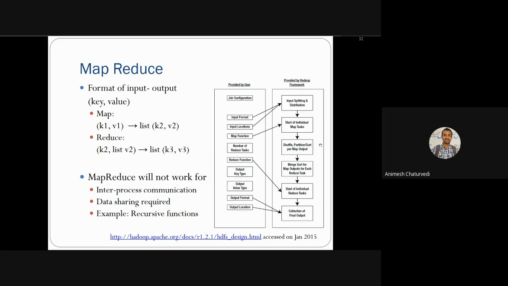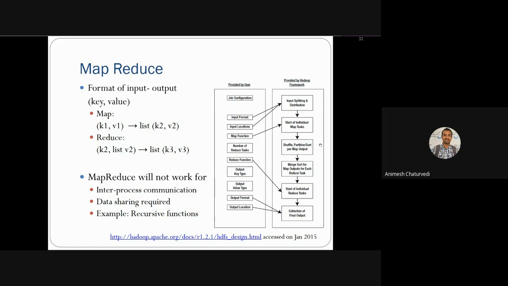Means machine 1 will process the first 10 keys, machine 2 will process the next 11 to 20 keys, machine 3 will process the 21st to 30th key. So this splitting and partitioning is done by Hadoop by itself. Then it does the merging: out of 1 to 10, 5 keys are merged.